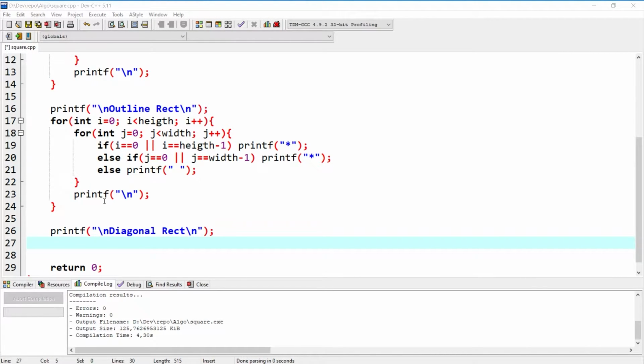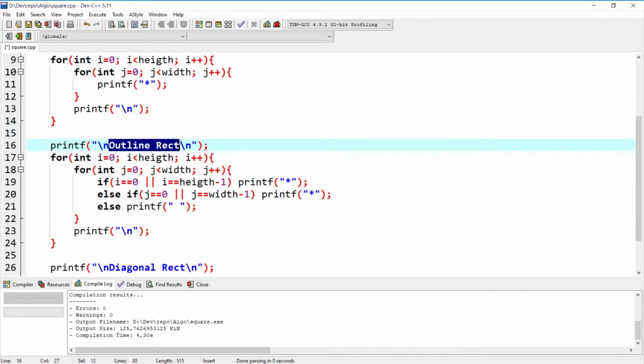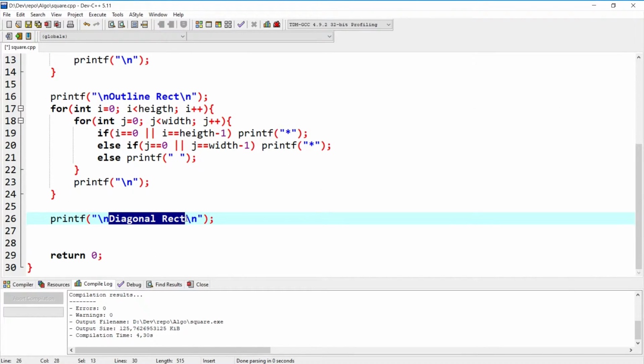So in today's tutorial, we will continue our previous challenge. We had already solved the perfect rectangles, the outline rectangles, and our very last is the diagonal rectangles, right? So I think you got the idea better, like how to implement these kinds of rectangles by combining the looping for and the selections, right? So this is a very good example